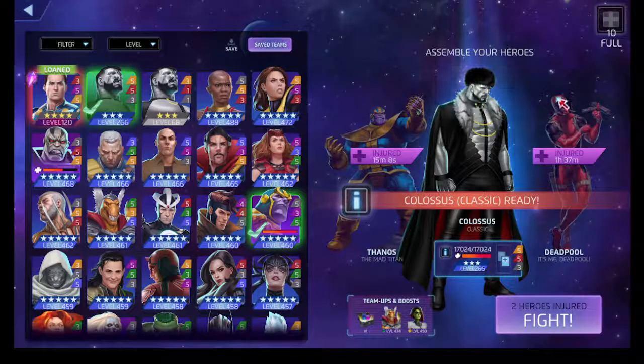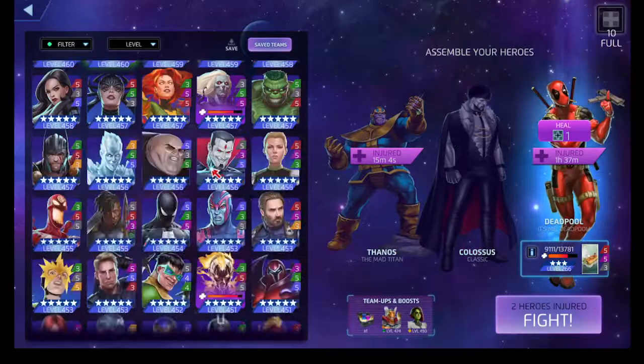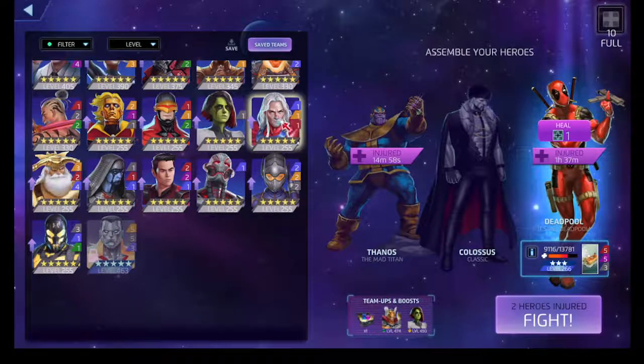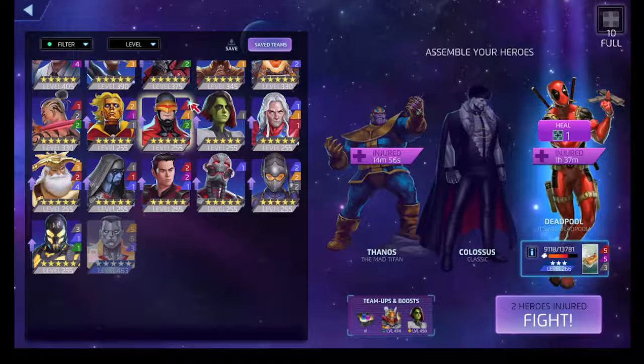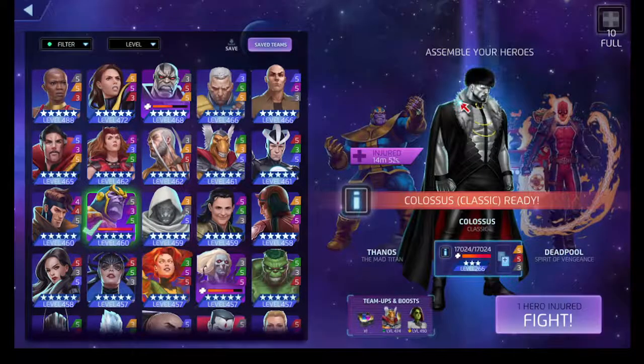Colossus, I know I mentioned him yesterday. He's a yellow, black, and red user, not in that particular order, of course. And I'm looking for 5-star Deadpool. That's what's taking me so long. So again, Colossus yellow ability costs 8, creates a countdown tile on the board, and all damage on the board